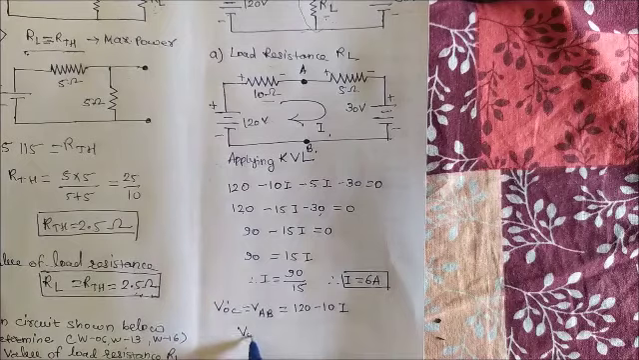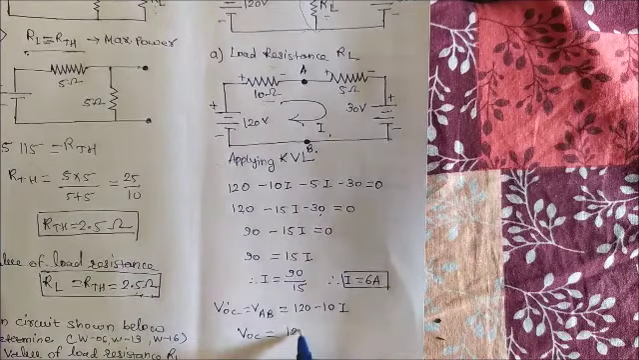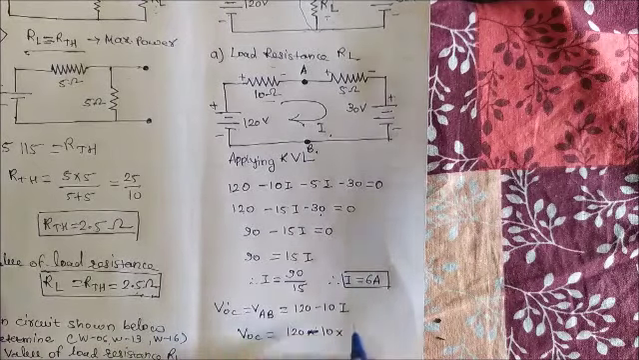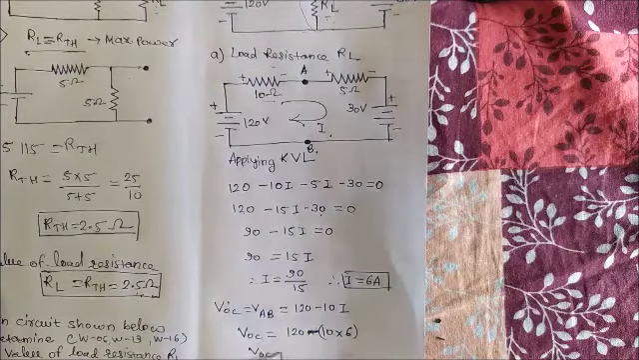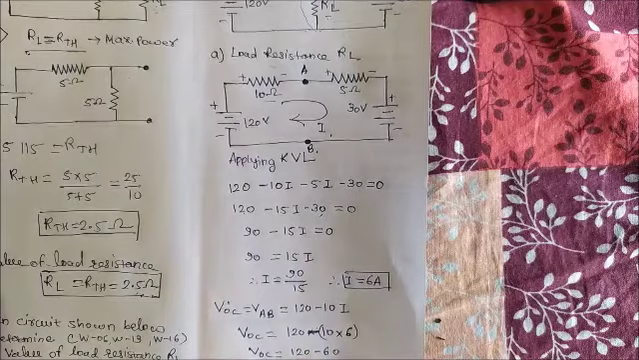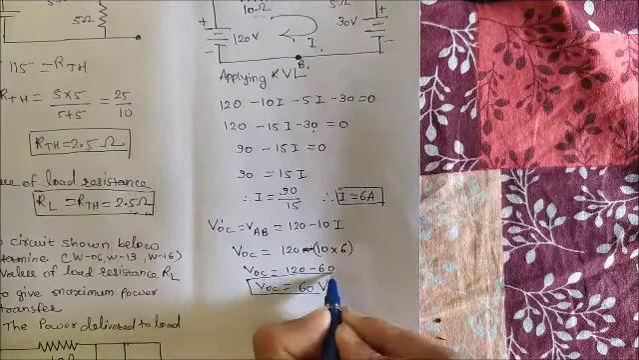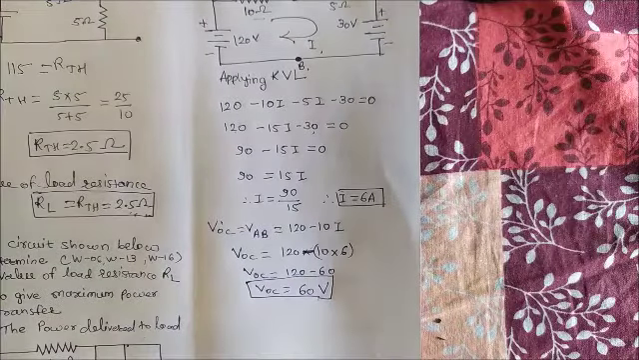So VOC is equal to 120 minus 10 into the value of I, which is 6. VOC is equal to 120 minus 60, and VOC is equal to 60 volt. This will be your open circuit voltage supplied by both the voltage sources. Now we have to find out